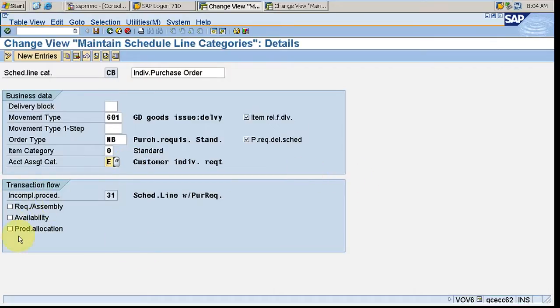See, these three requirement assembly is only for configurable materials, variant configuration. Only in variant configuration we will check this requirement and assembly. Okay, and sort of requirement to MRP. Yeah, and this availability check, and see we can switch on and off this availability check and production from requirement class.